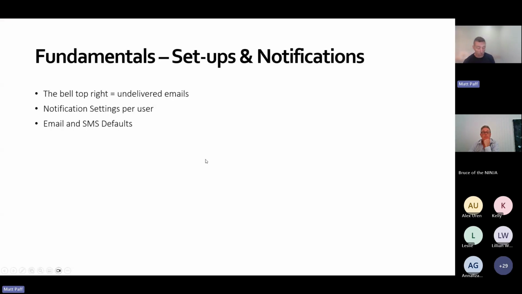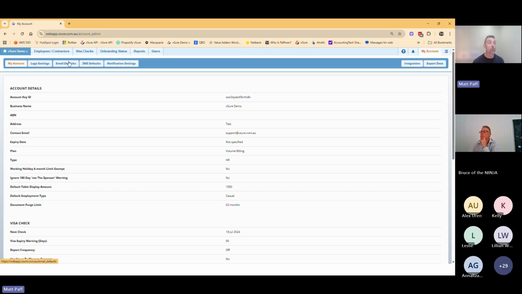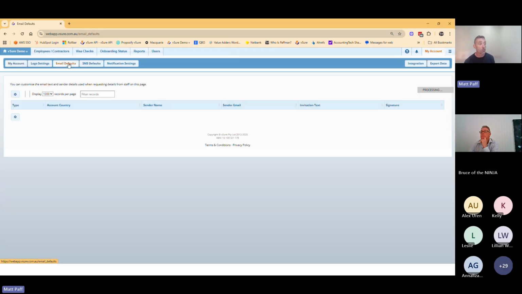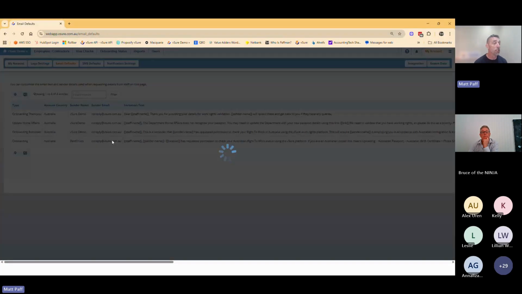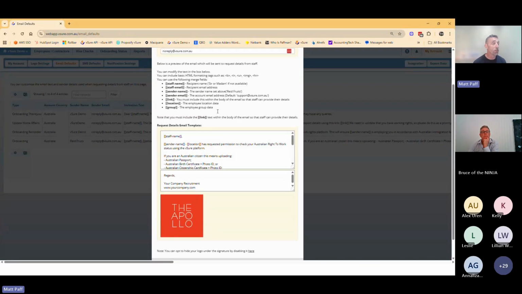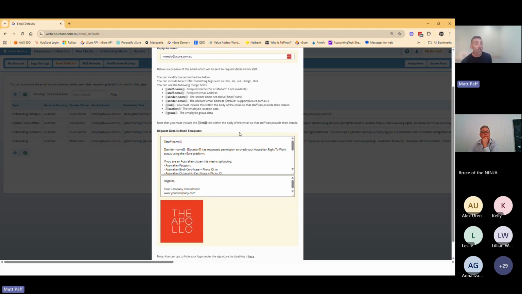The next thing I want to bring to your attention is the emails. If you are using self-onboarding in vSure, the emails and SMSs are customizable by you at sub-account level. So for each of your accounts, you have the ability to come in and effectively tailor this. You'll see I've been working with a couple of clients. I'll just change the name there. But ultimately, the email template has an unlimited number of characters, and you can change it to suit you.